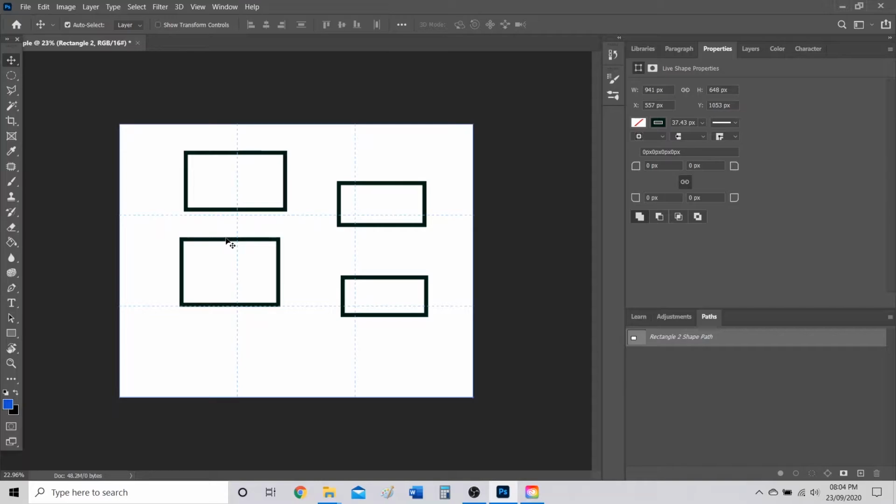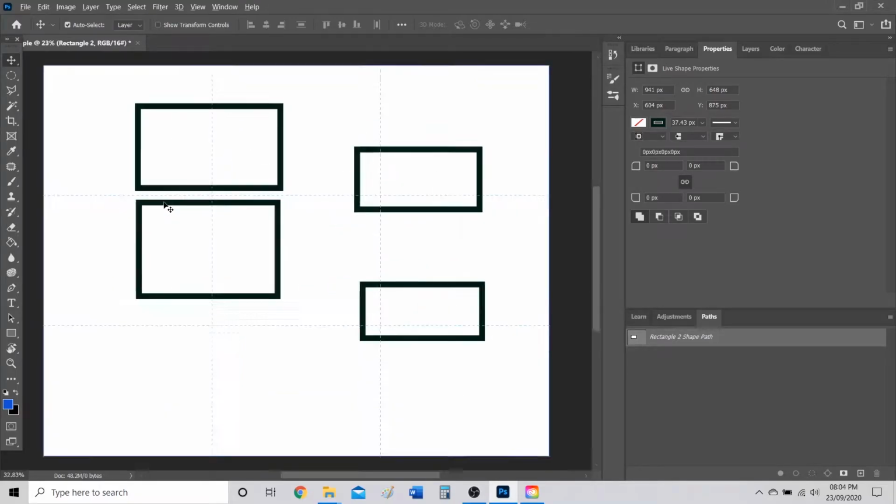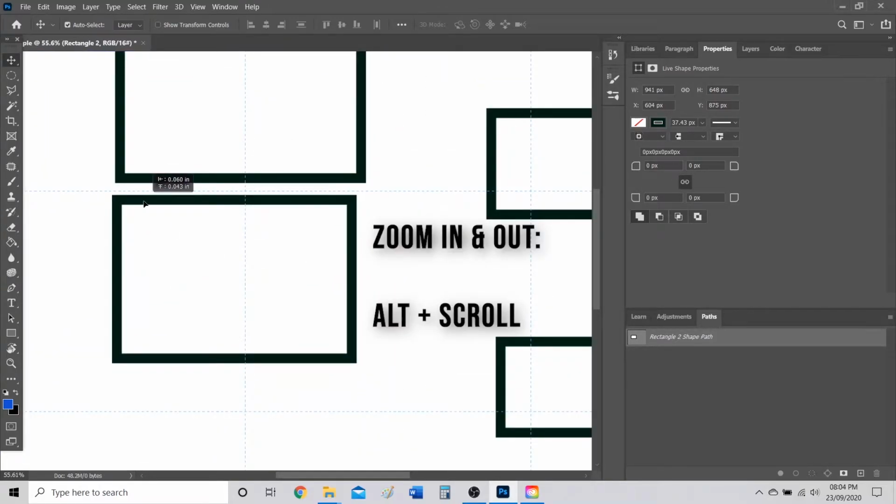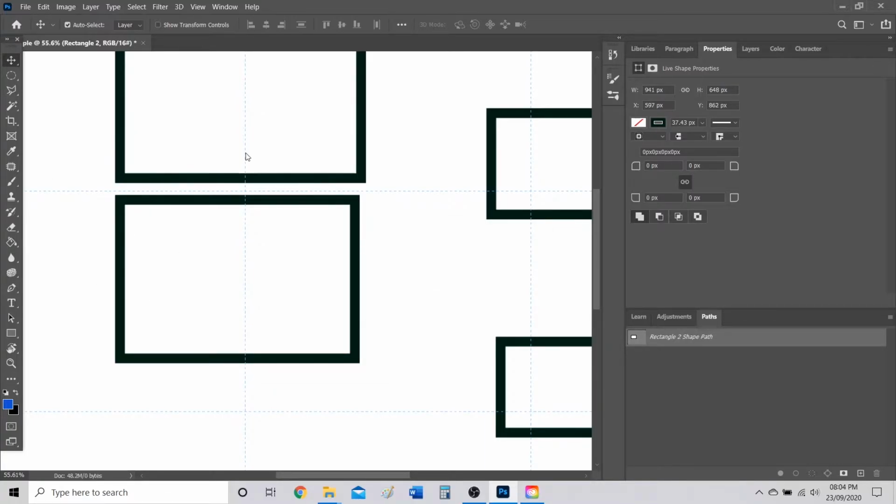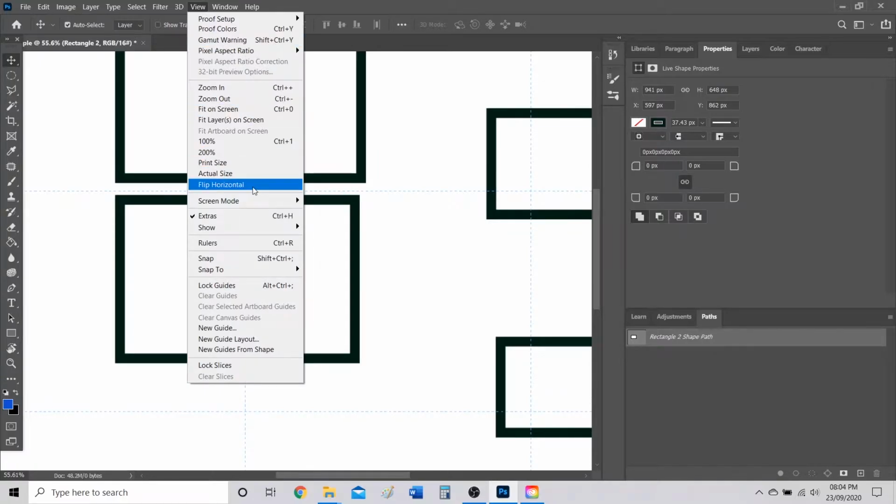I want to turn it on so that it snaps to items. So if I imagine looking on the left side here, I'm trying to align these two rectangles. And as you can see, it's proving difficult. I can get to a certain spot where that purple line turns on. So to make it easier, I'm going to go to view,